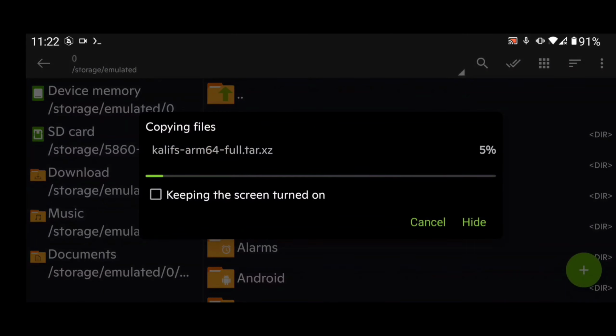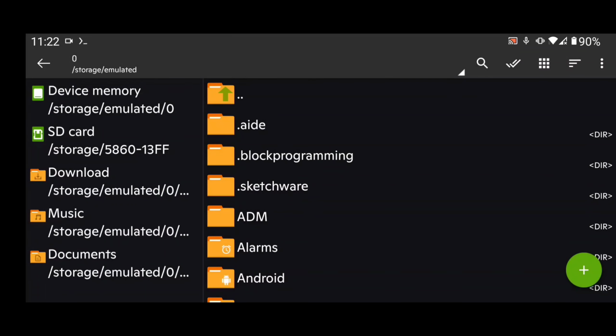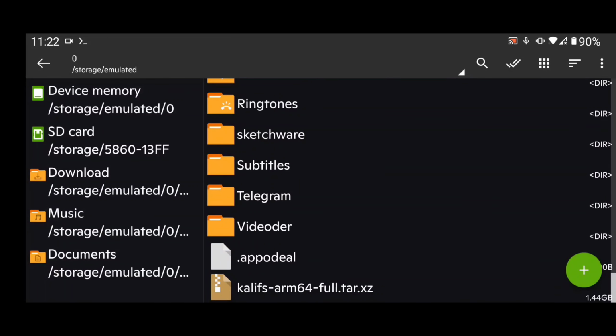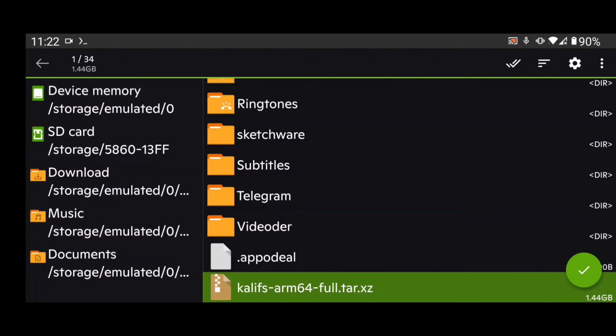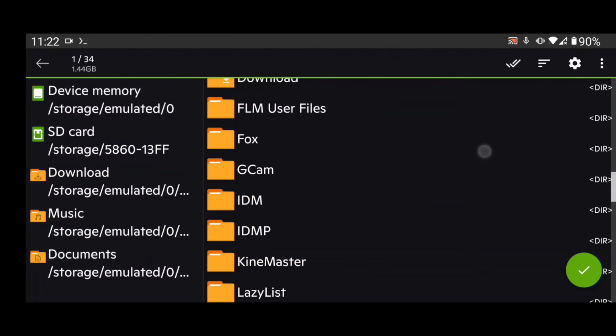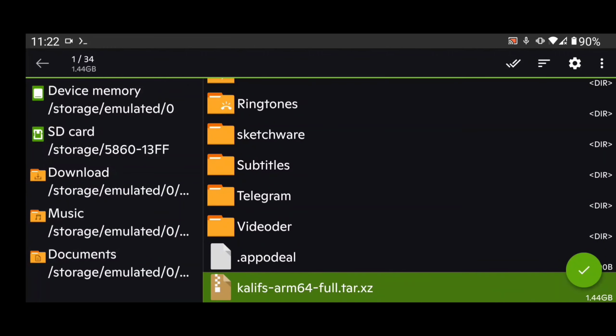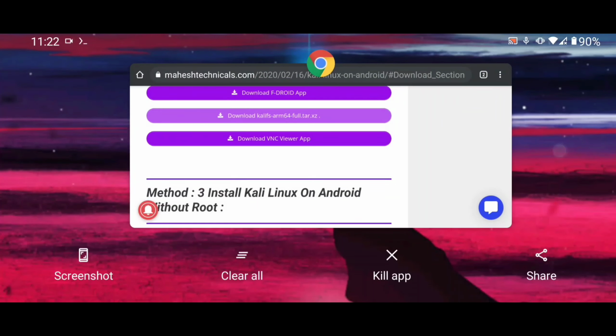Don't put that file in any other folder, directly paste it in your internal storage, otherwise the command will not work. Okay, so you can see now my file is present here in my internal storage. It is a very important step, so do that properly.